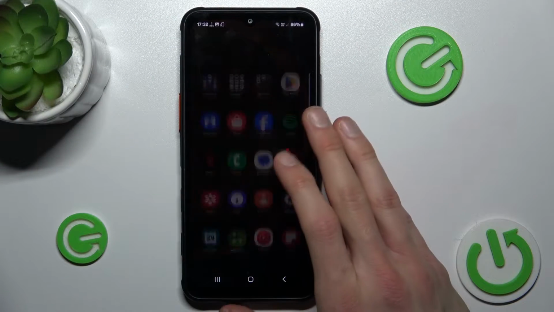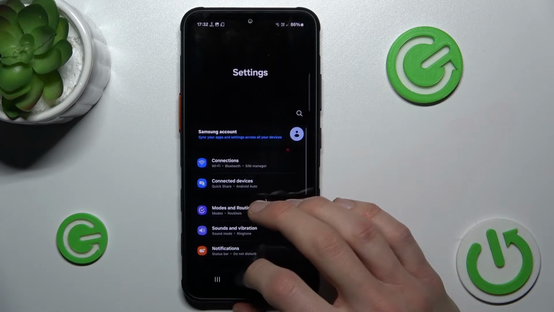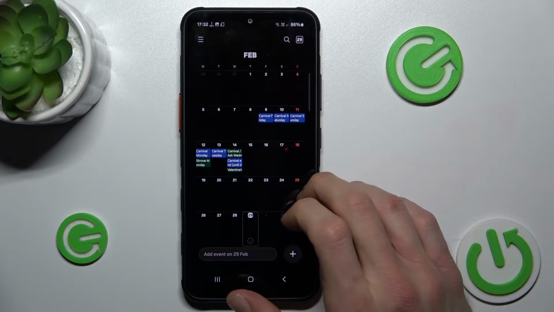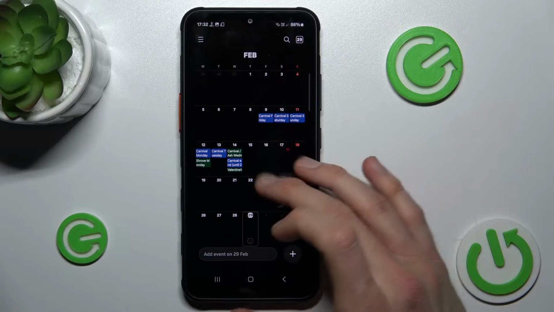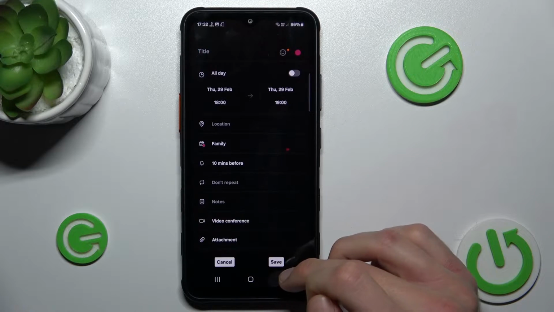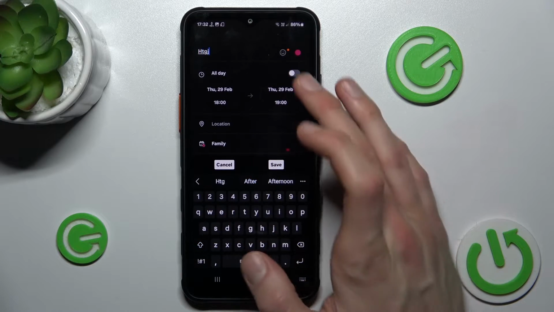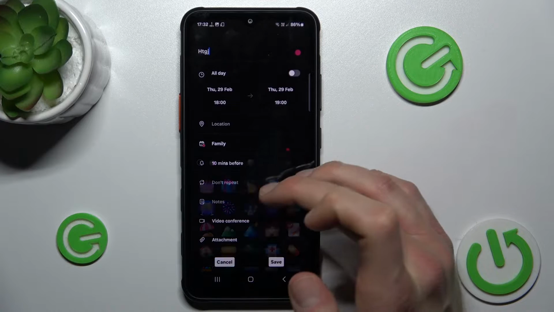The first step is opening the Settings application, where we look for the calendar application, where we look for the day when we want to add our event, maybe 29 of February. After that we press this plus icon, and there first we can add a title, an emoji, which we see in our